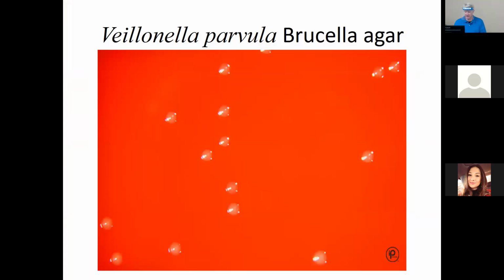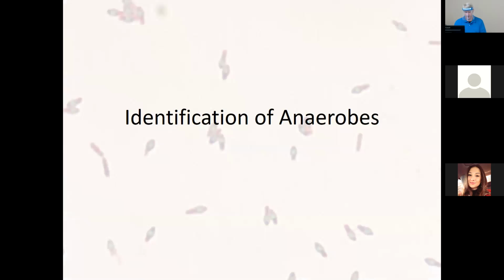So we can see, I don't want you to think just because we need gas chromatography for ID, that it's not growing. We do have growth. It's not growing in gas chromatography. We've got growth in front of us. We're just maybe gonna have to say it's an anaerobe. Right, send it. So here, we'll get into some identification of the anaerobes.